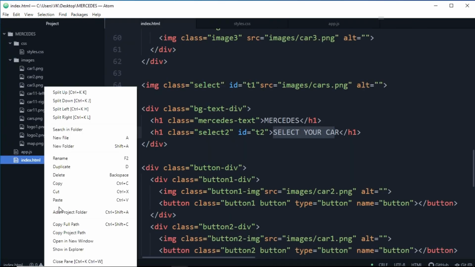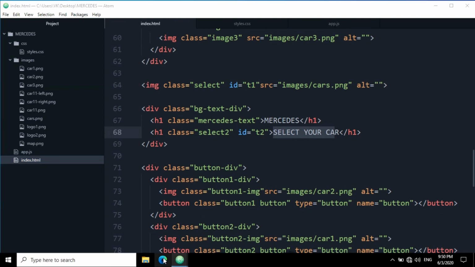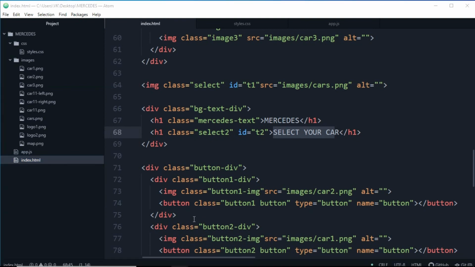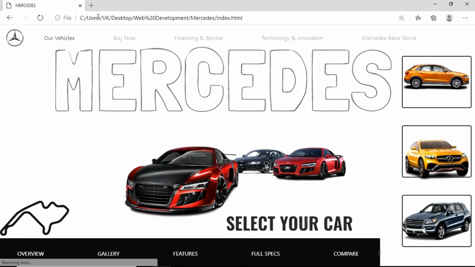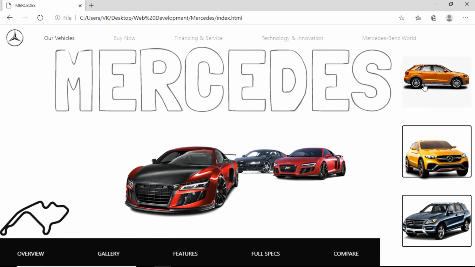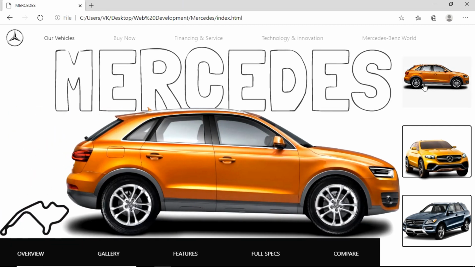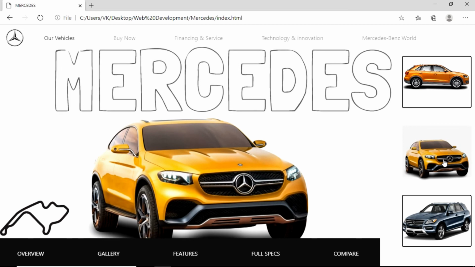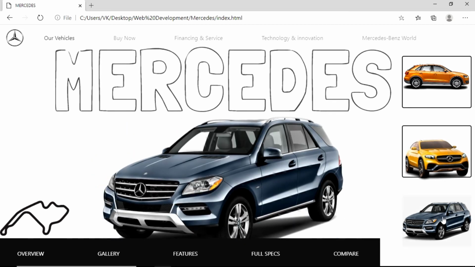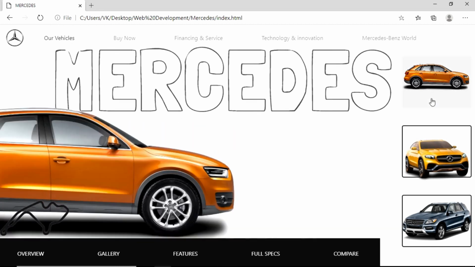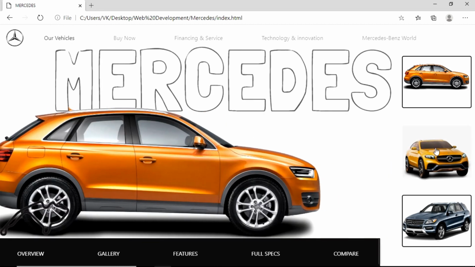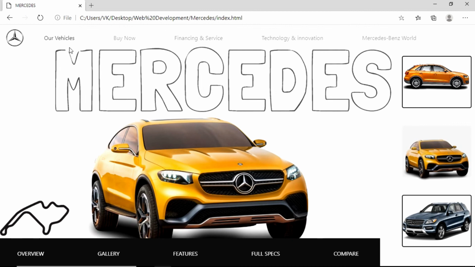Just copy the full path from here and paste it in our browser. Look guys, we got what we wanted. And when you click on this image, this car slides from the left and the wheels are rotating. Image 2 comes from the downward position and image 3 does the same, and image 1 comes from the left. And we got some animation in our text.